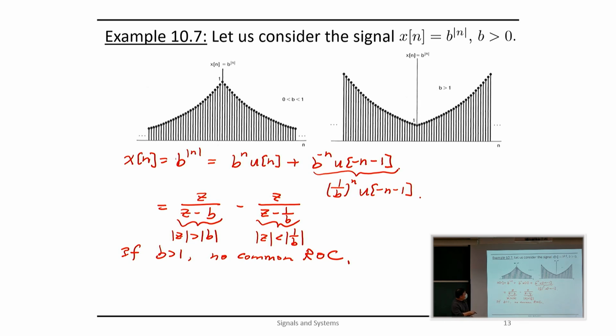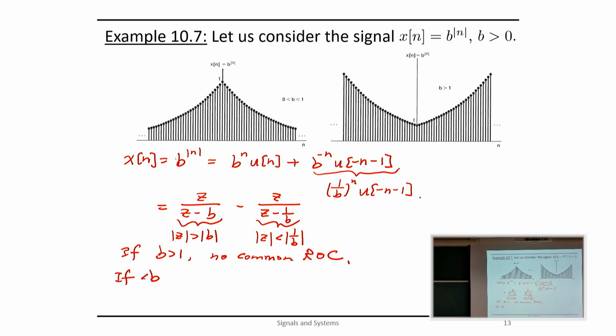Because if b is greater than 1, then your signal looks like this. You're exponentially increasing on both sides. So if you apply an exponential that decreases in this direction, it suppresses this part but not this part. If you take the exponential decreasing towards the left-hand side, then you decrease this part but not this part. Okay, so no choice of z is good enough to give you a convergence in the z transform. Okay, but if